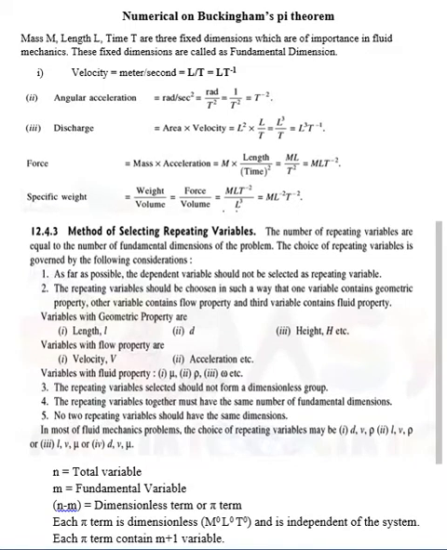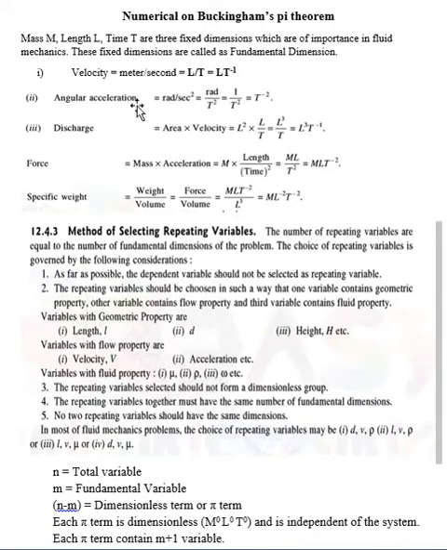First of all, velocity. What is the unit of velocity? Velocity is equal to meter per second. How to write this meter per second in MLT form? Meter is covered in length, and second is measured in terms of time. Therefore the unit of velocity is meter per second, meaning L upon T. L is the numerator and T is the denominator. If this T is moved to the numerator, then L into T to the power minus 1.